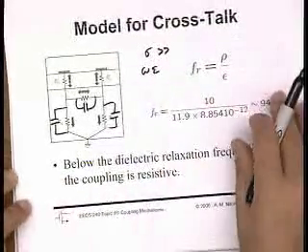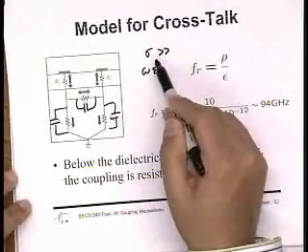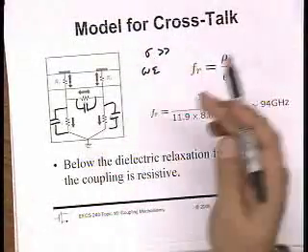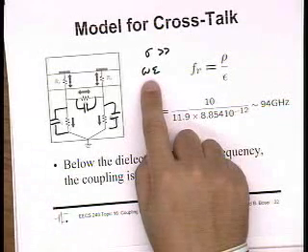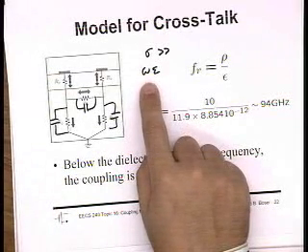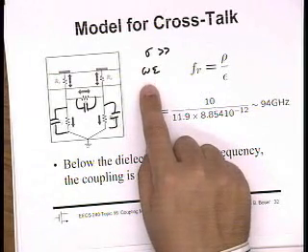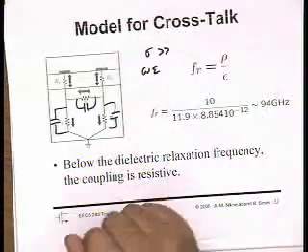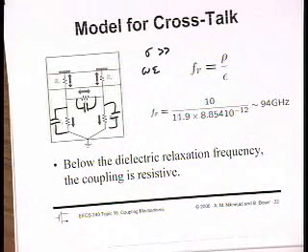Well, that's in fact how we define a good conductor: as having conductive current which is much larger than displacement current. Well, you can see that only applies up to a certain frequency. And we can in fact define that frequency, and it is called the dielectric relaxation frequency. That's the frequency where, if you're below it, it's conductive. If you're above it, it's displacement. And so if I plug in some typical numbers here,